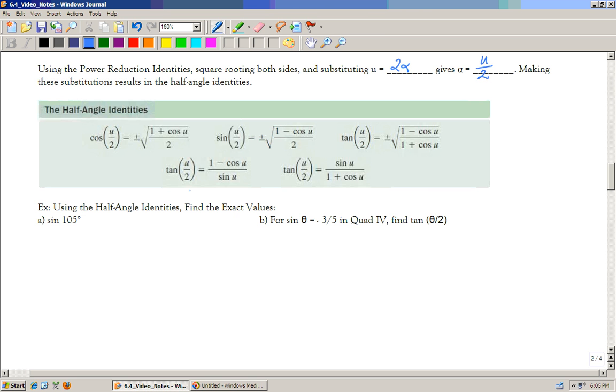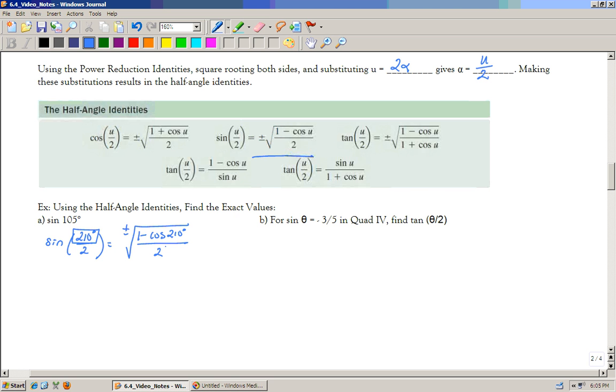Looking at these examples, if we're doing sine of 105, we don't have a nice neat answer for 105, so we can change this to 210 divided by 2, which is the same as 105. So we do have a half angle formula for sine. We can plug in plus or minus the square root of, right up here, 1 minus cosine of our angle, which is this 210 degrees,